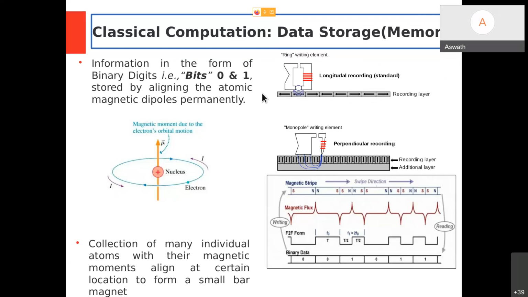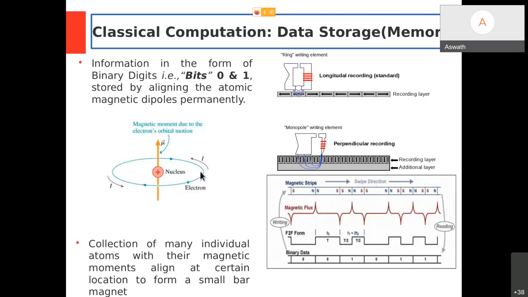How is it saved? For example, if you take a location, a part of that strip, it consists of plenty of atoms, billions of atoms. Okay, let's take one atom and look into it. Since it is magnetically sensitive, meaning magnetically active, there is an unpaired free electron in its outermost orbit, right? That is the only one, the game changer. All other electrons are paired and inside, and they are not going to make any change.